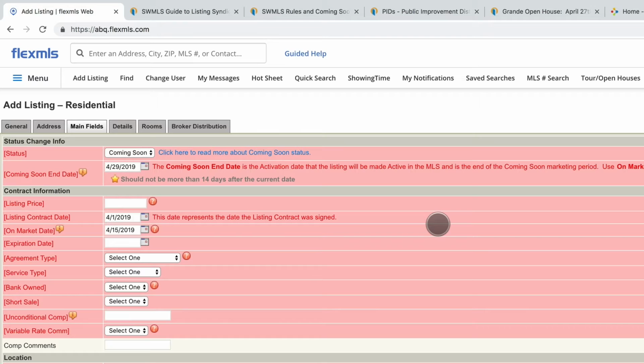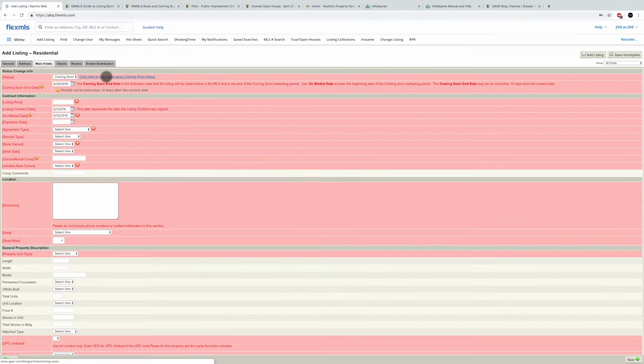And that's really the key pieces on these dates. And then you go through the rest of the information on this listing to submit it. If it's done like this, it'll go coming soon on the 15th. And the 29th, it will go active automatically. If you need to make it active sooner, you can go into your edit status and click Start Showing, Make Active. So just a quick refresher,